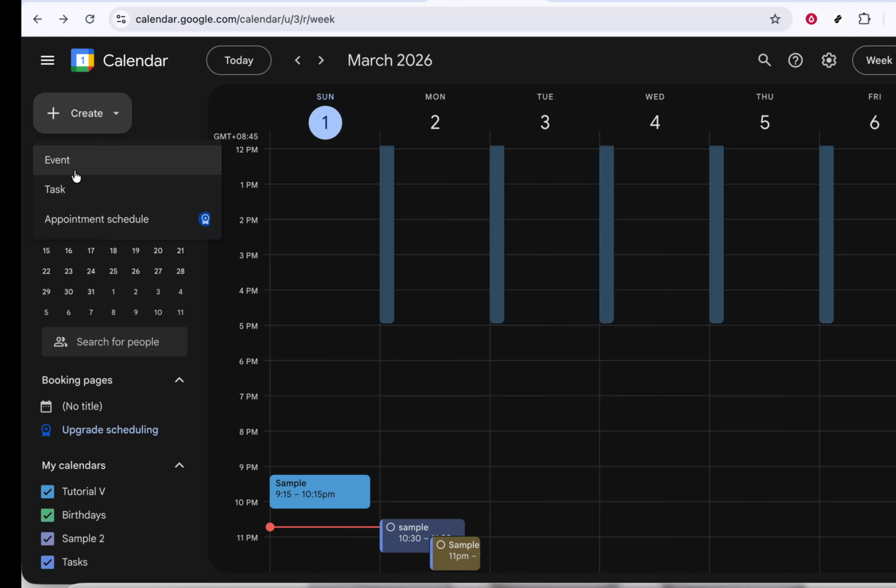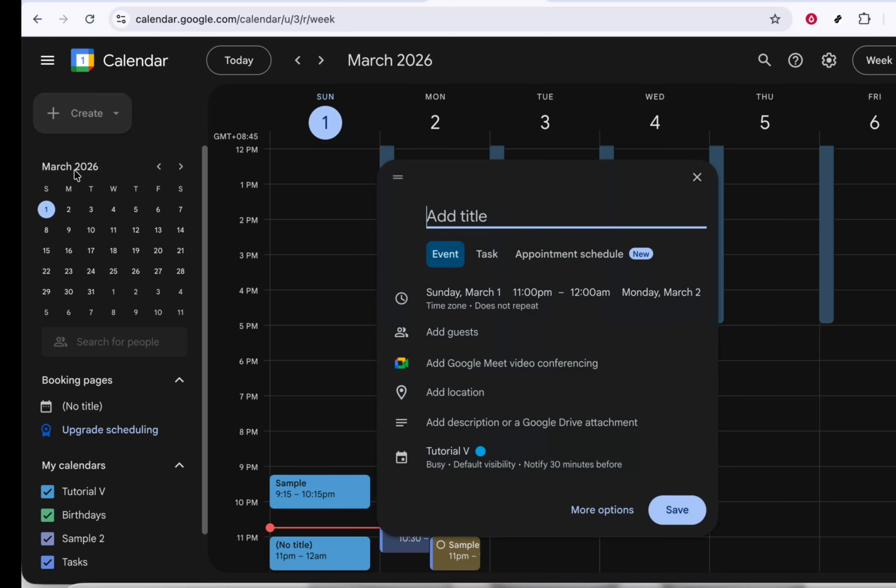To start creating an event, click on the Create button, usually found at the top left of the screen. This opens a new event window or panel where you can enter all the details, like the event title, date, and time. Take a moment to type in a clear title so attendees immediately understand what the meeting is about. You can also adjust the date and time here, and if needed, set it as a recurring event using